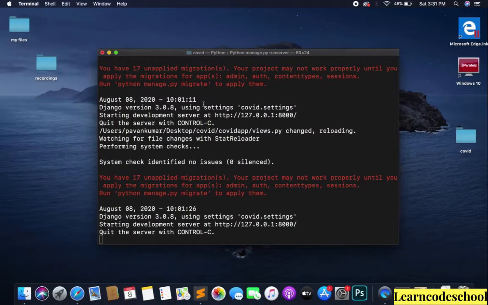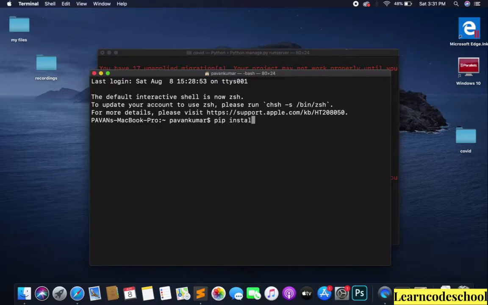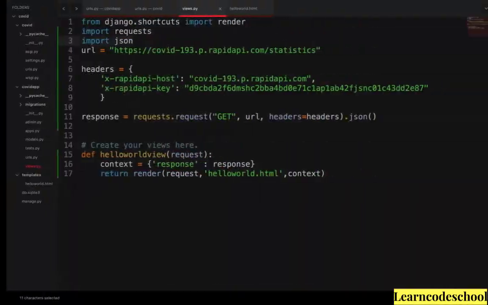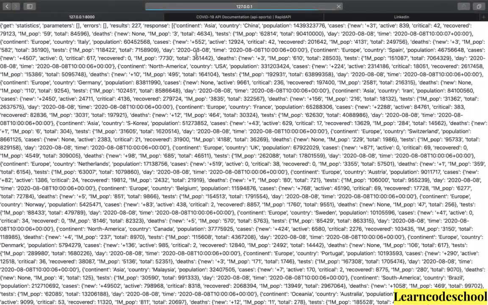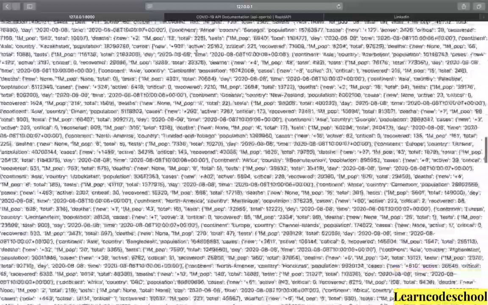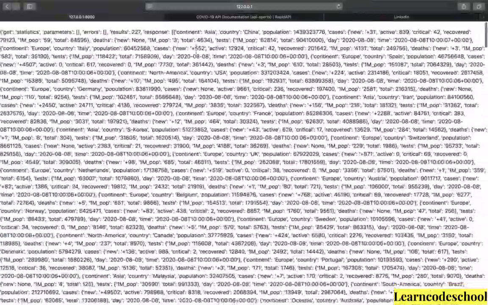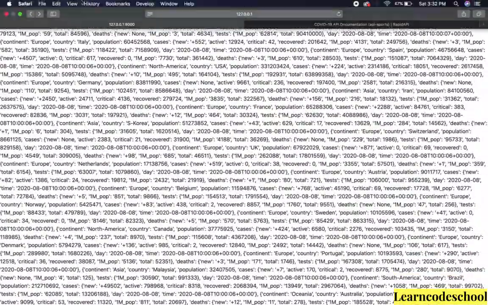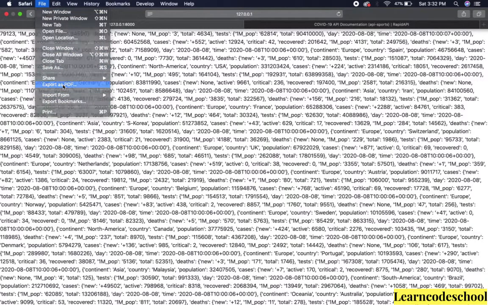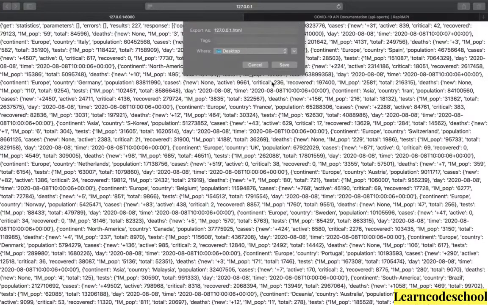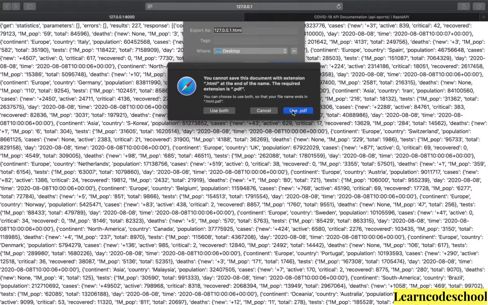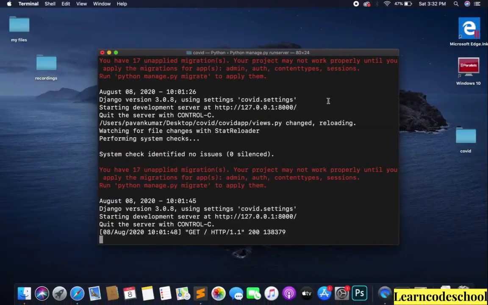So if it is not there in your system, get into the terminal and type pip install JSON and then proceed with my lecture. And now let's reload the page. So it is showing me the JSON data, and I will save this data on desktop just for my reference. So my data is saved,